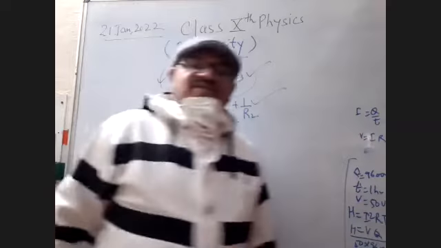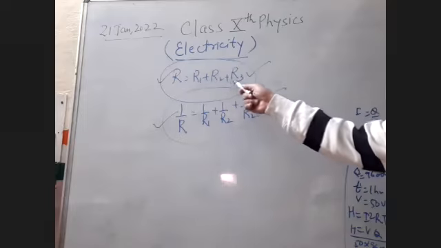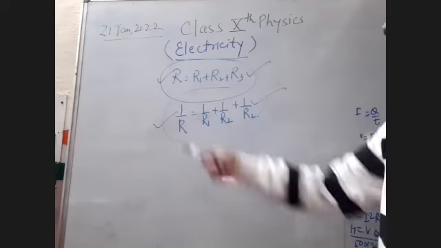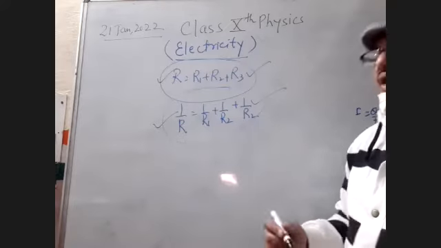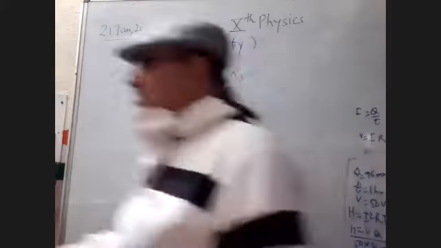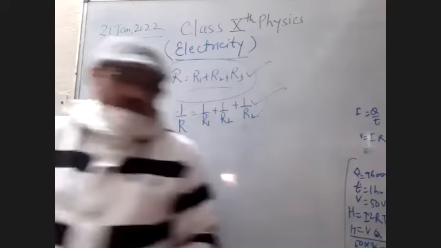R = R1 + R2 + R3, and here 1/R = 1/R1 + 1/R2 + 1/R3. Clear, students? Now the NCERT questions: I will read out the 14 questions one by one,